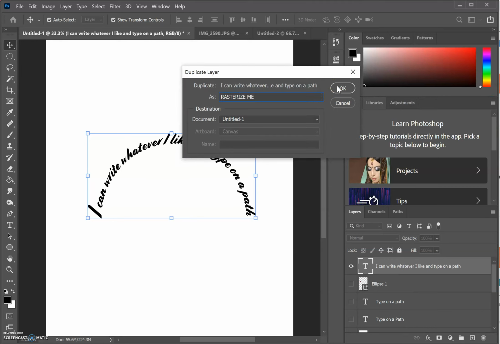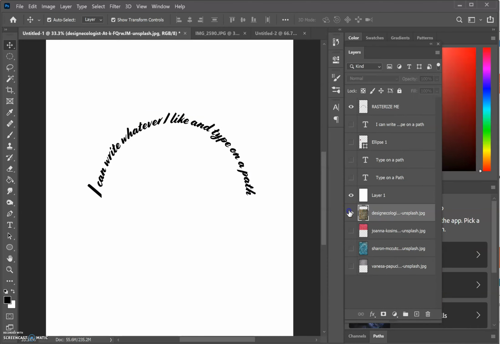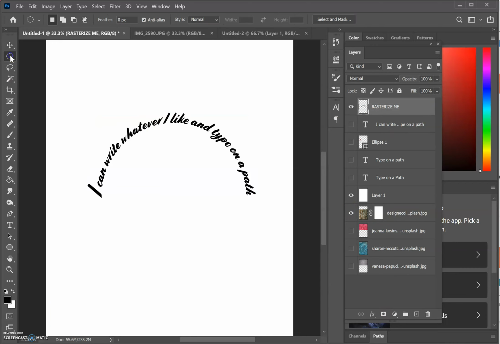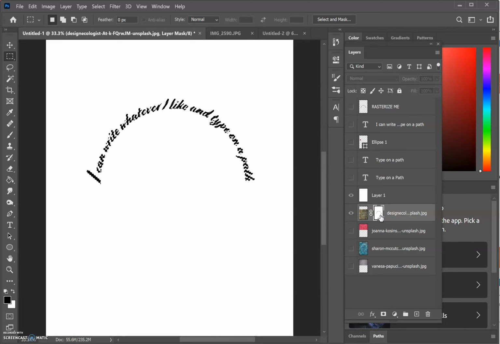All right, so to make this no longer type but an image, I'm going to right click in the negative space and scroll up to rasterize type. And now this is a photograph. That's cool because if I want to paste this into a layer, I can now highlight this thing, copy it, Control C, zoom into my layer mask, paste it. And when I click off, black will block, meaning